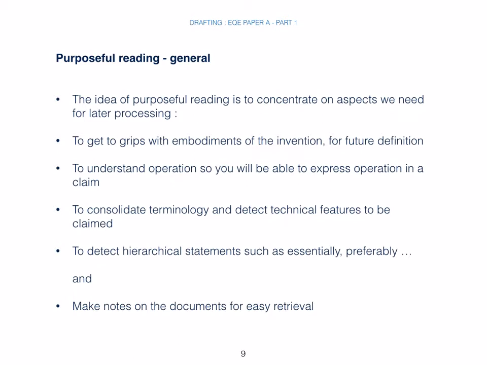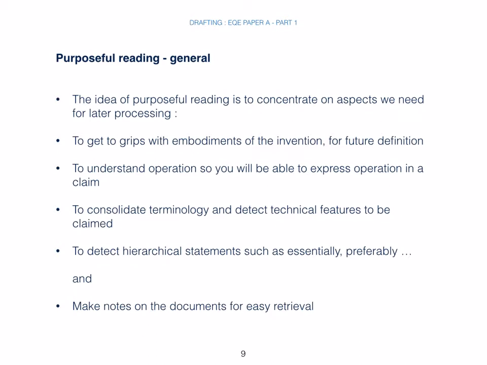We need this to get to grips with embodiments of the invention for further definition. We need to understand operation so you will be able to express operation in a claim. We need to consolidate terminology that we will be able to use for our later claims and detect technical features